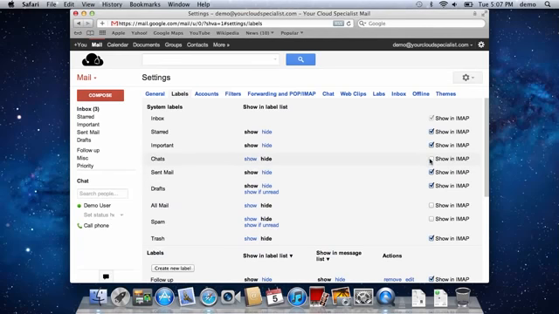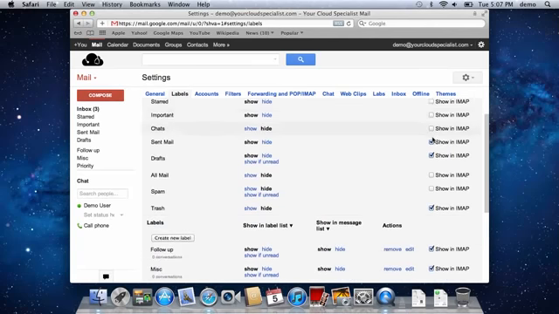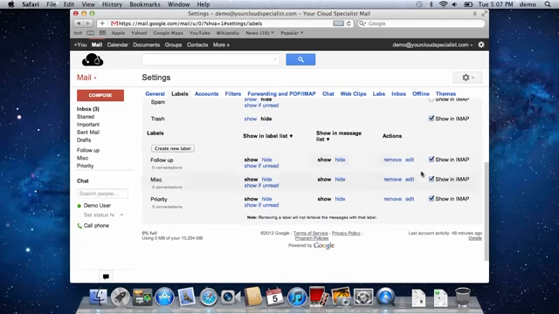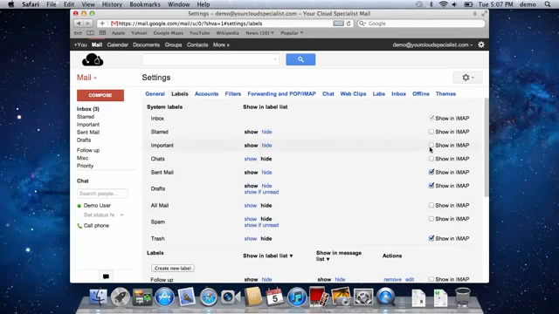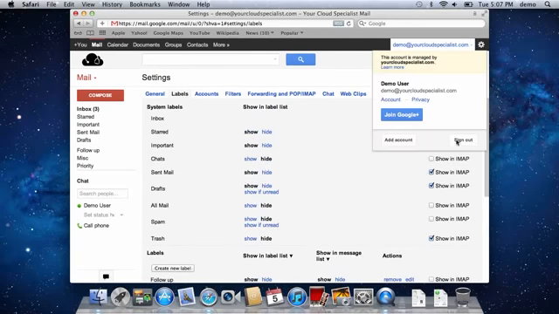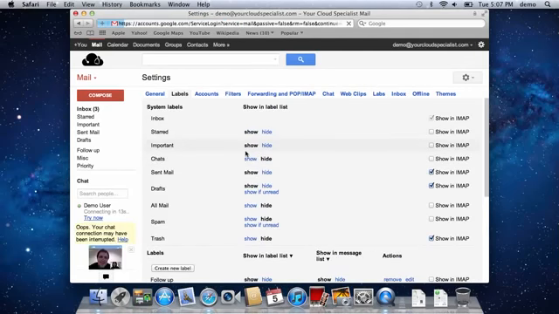And I also make sure that chats is not ticked, and I untick important and starred. And down here in the bottom, I untick these three default labels that Google create for you because I don't actually use them anymore. Okay, so once we've done all of that, we can then sign out of our account and we're ready to